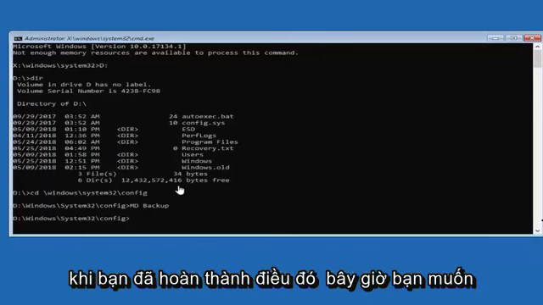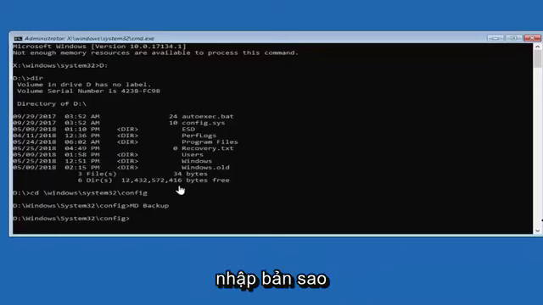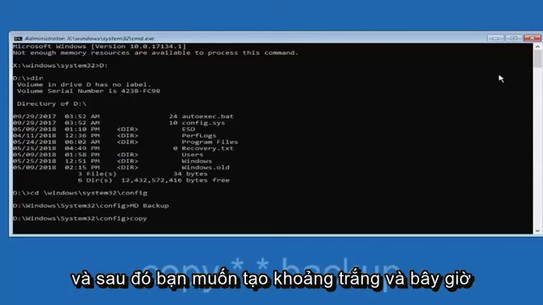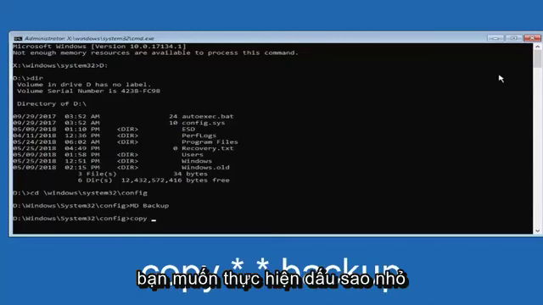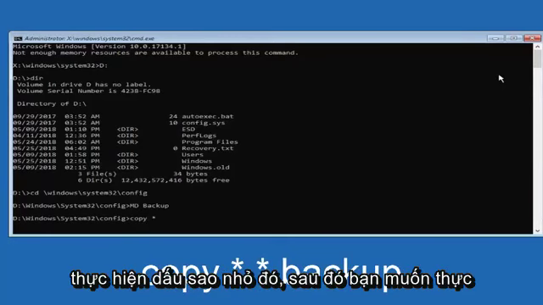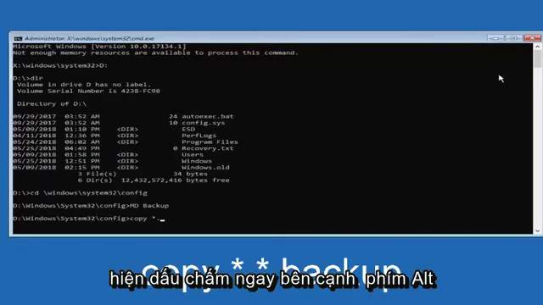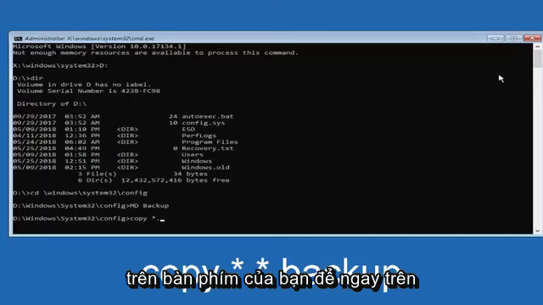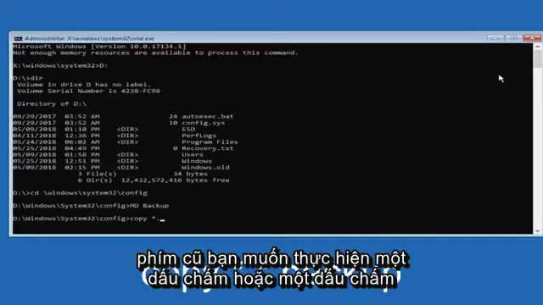Once you've done that, now you want to type in copy, and then you want to do a space. And now you want to do the little star that is above the 8 key on your keyboard. Then you want to do the period sign, right above the Alt key on your keyboard, a period or a dot.